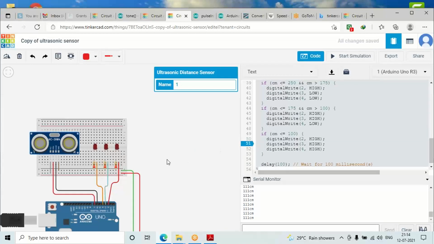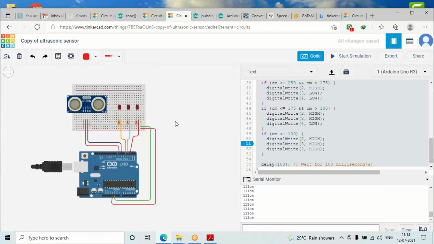You might have seen automobiles these days, yes or no? What happens if there is an accident? Generally, you might have seen a balloon comes up. Not in Indian vehicles, but in America and elsewhere, vehicles have become very sophisticated. Before the accident, the balloon will be inflated, and the passengers will be saved. So how does it happen? They connect ultrasonic sensors towards the front and the back of the vehicle.